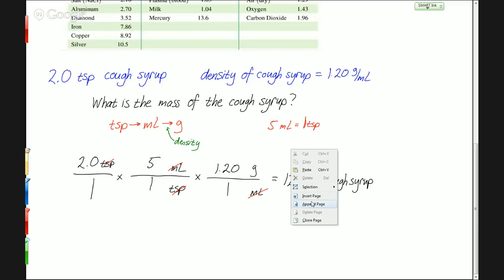All right, let's try one more, and then we'll move on and talk about matter and energy. So let's say we have a glucose solution. You know what that is? It's like a water with glucose mixed in that you might give somebody either intravenously or orally, depending on how they need their glucose. So this particular glucose solution